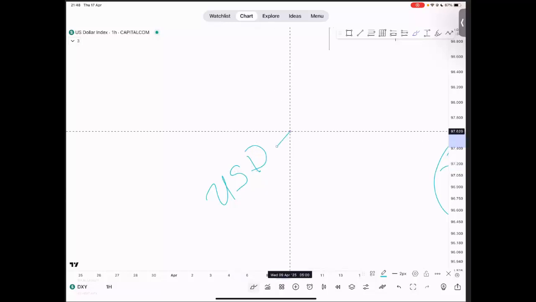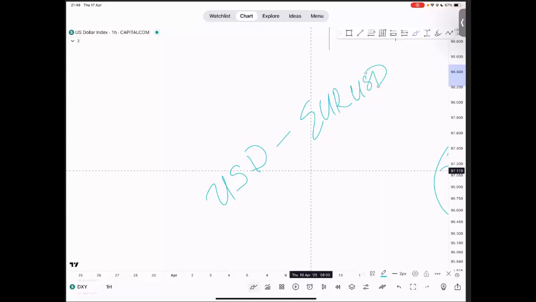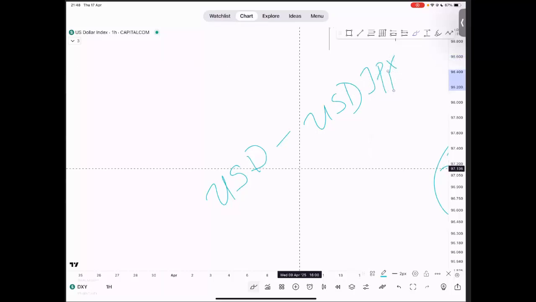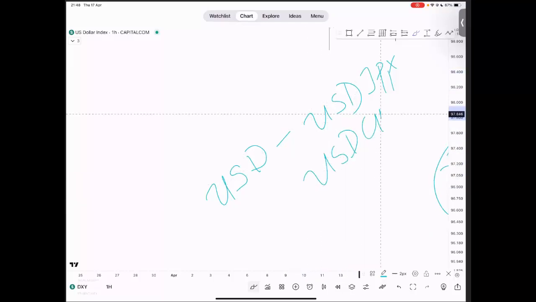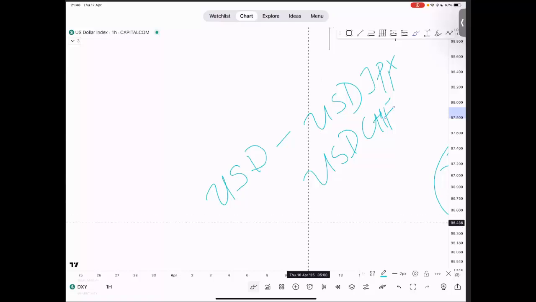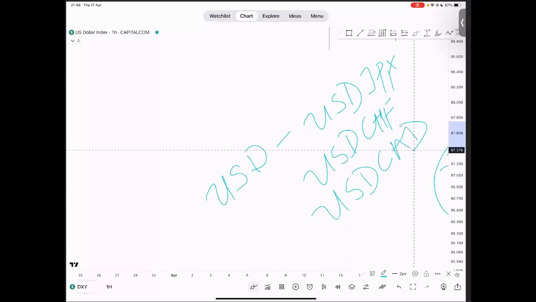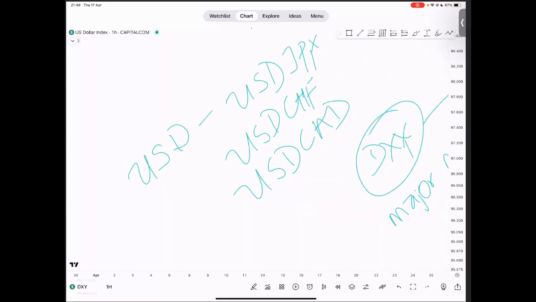Like the USD JPY, and what else again? First currency. Okay, USD CHF is there as well. We have USD CAD. All right, pairs like this that have USD as their first currency or their base currency,